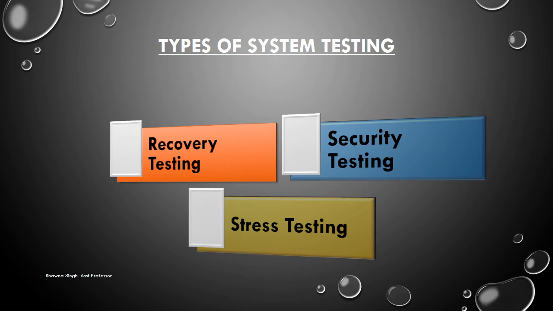Stress testing means that we are checking the system performance in abnormal situations. For example, we give some invalid input to the system, then we check how the system acts according to these invalid inputs, or whether it will be able to perform in case of these abnormal conditions or not. So stress testing means executing a system to see whether it is able to perform normally when abnormal conditions are provided.